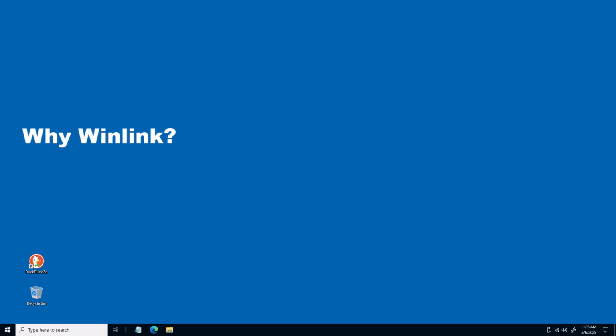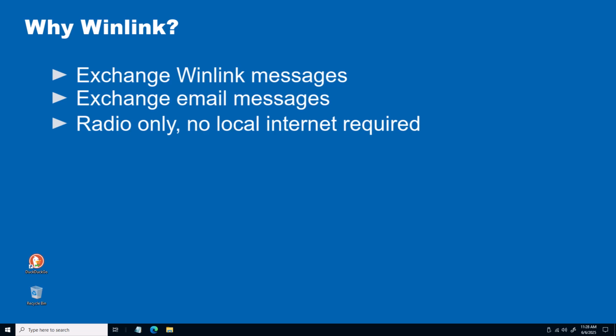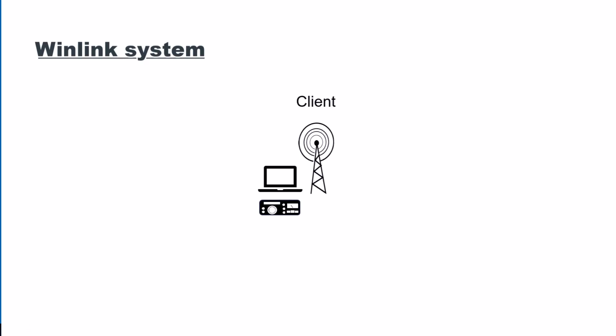The purpose of the WinLink system is to exchange messages with other amateur radio operators. Also, WinLink messages can be exchanged with standard email addresses. Even though the WinLink system depends on the internet for routing and storing messages, the amateur operator can send messages from the field with only a portable computer and a radio. The WinLink message system consists of just three major subsystems.